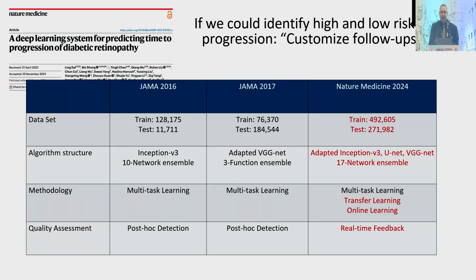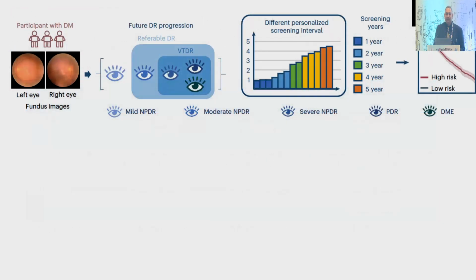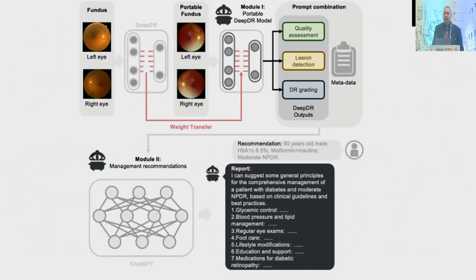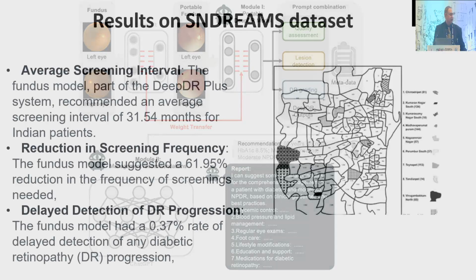Not go in detail, but newer networks were used as far as AI is concerned. The technique called transfer learning was also used. And we had this data where we had patients followed after 4 years, images on both sides, and we could make a differential personalized interval. This is the performance across various external data sets, including the Indian data set, all of them showing a very promising result. It also used generative AI at the end so that it could even give advice what the patient should do. That's the last slide.